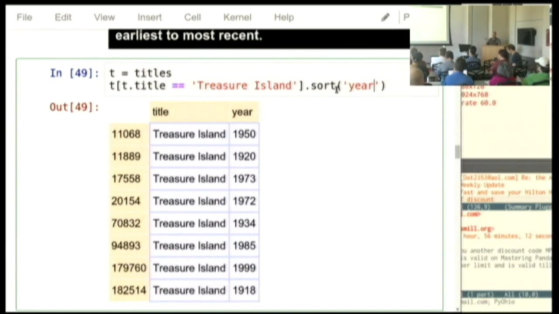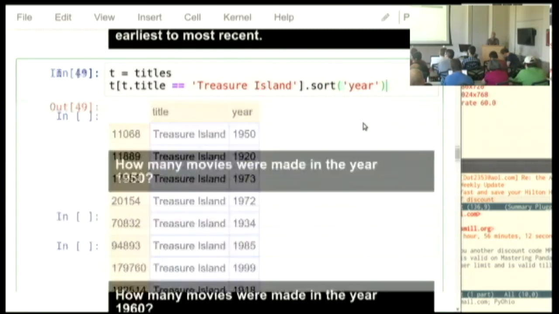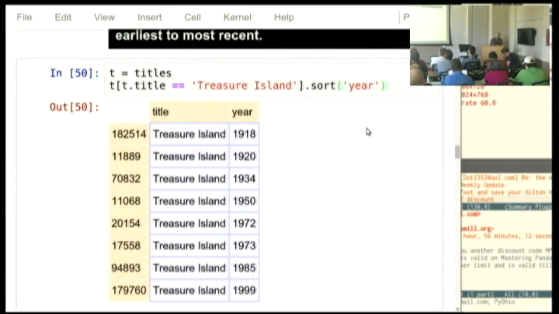That's one of the main values of having me in front of you for an hour or two: getting to see the intermediate moments where it's not the solution yet, when we're pulling the right data, but it's not in the right order, or where we haven't tallied it correctly. So really pay attention to the process by which I take small steps, because until you get good at this, it is hard to just read a question and write out an answer. It is easier to take one little step at a time, sometimes backing up if you get the wrong thing, until you've narrowed something down to here. The first Treasure Island movie was in 1918, and the most recent was in 99.